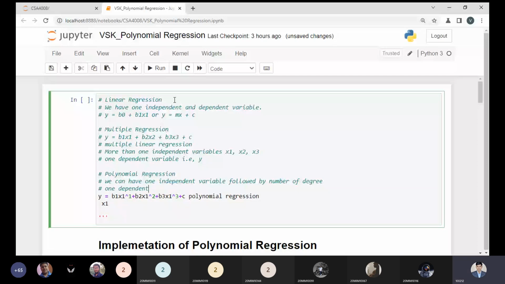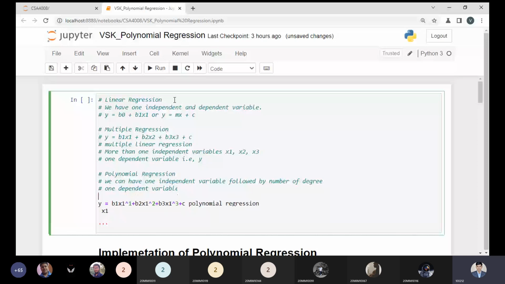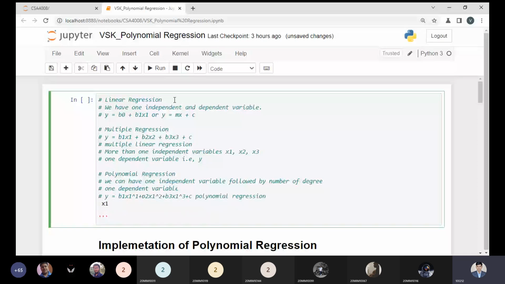So what are the equations we can have over here? y equal to b1 x1 to the power 1 plus b2 x1 to the power 2, or square we can say, plus b3 x1 to the power 3. I am talking about the x power only, plus c. So this is our polynomial regression.